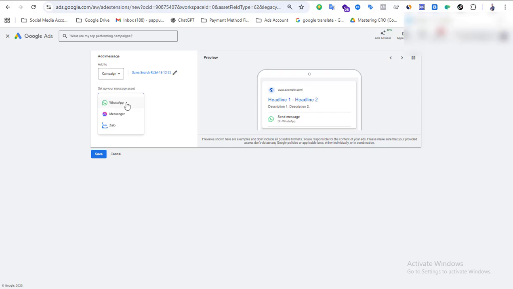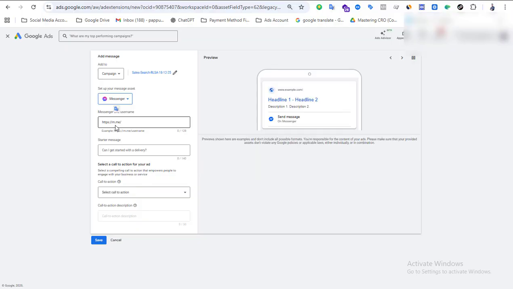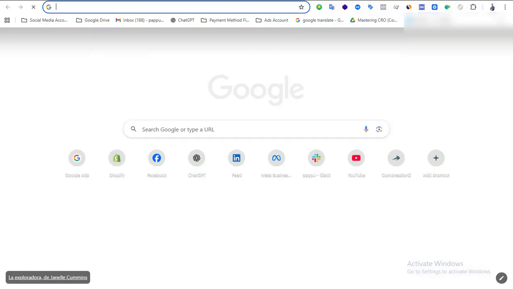So how can we properly set up this asset? You already know how to set up the WhatsApp asset group. Today we will see Messenger. When you click Messenger, you will see the short link. What is the short link? For example, I just click m.me/